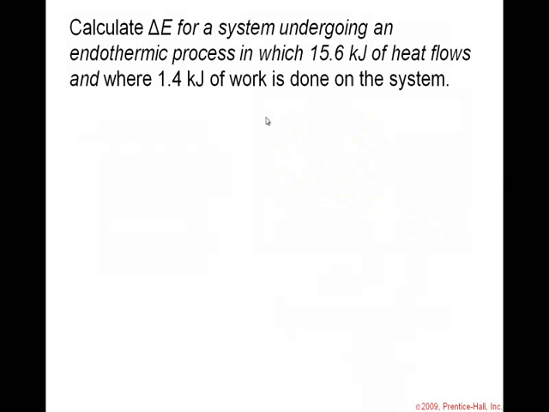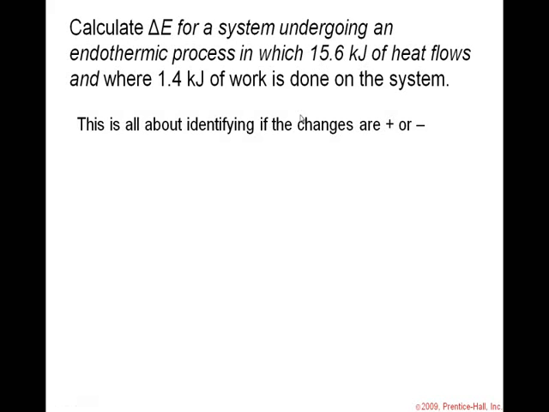Okay? So let's take a look at a problem. We want to calculate the total energy change for a system undergoing an endothermic process in which 15.6 kilojoules of heat flows and where 1.4 kilojoules of work is done on the system. This seems like a really simple problem, but it's all about identifying if the changes are positive or negative. So we've got to look at delta E is Q plus W